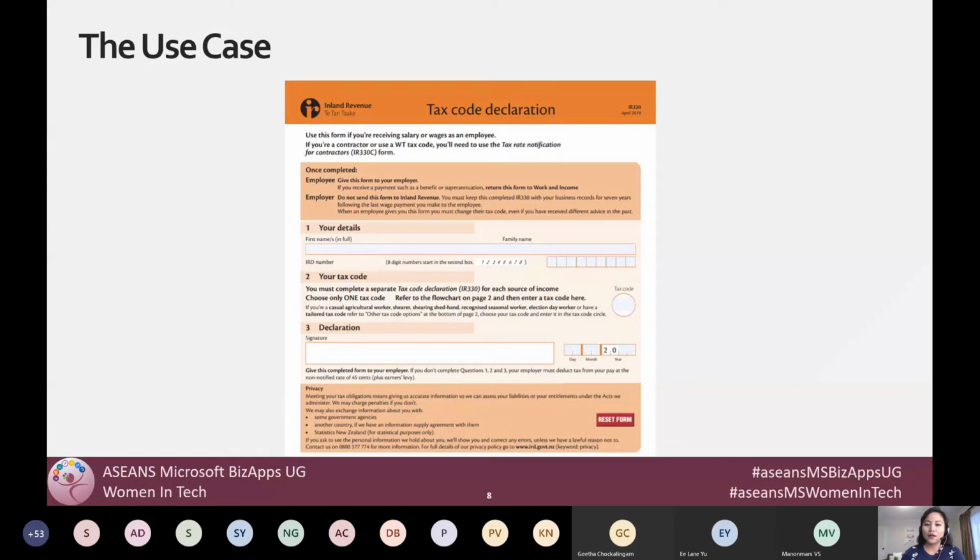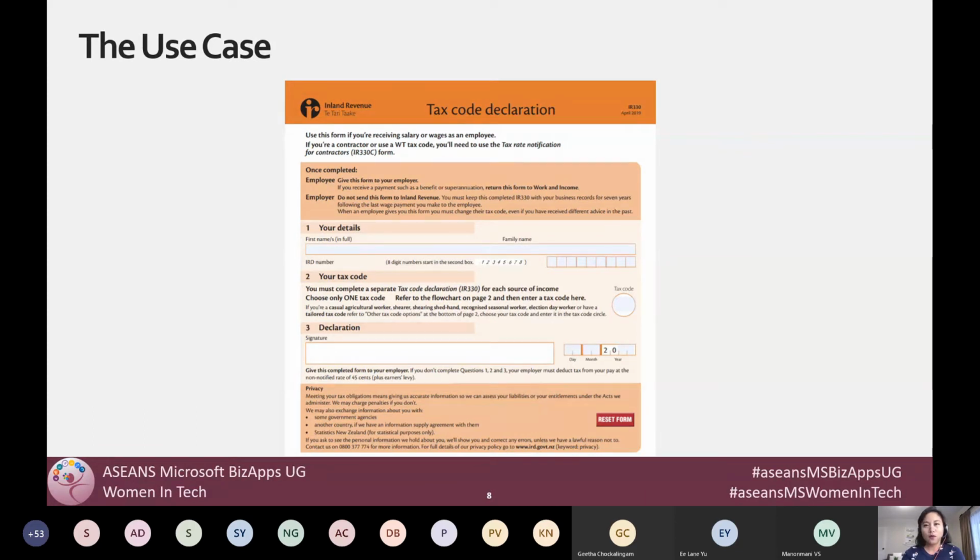The other way is you can actually, so this is a PDF on the government website, you can actually click into the form and type in your details, save that file, and then send it digitally to your employer as well. And so the employer, the person who's receiving it at their end, then would traditionally look at this form